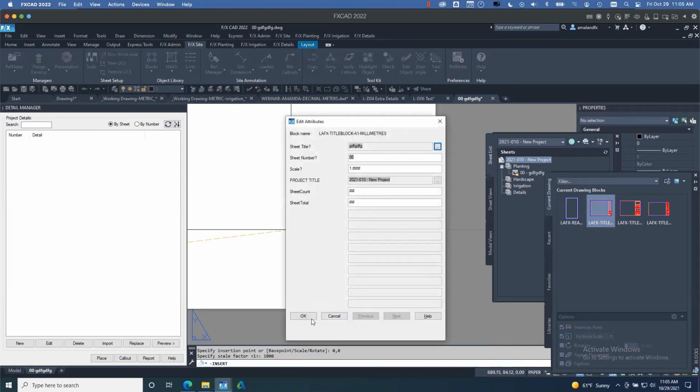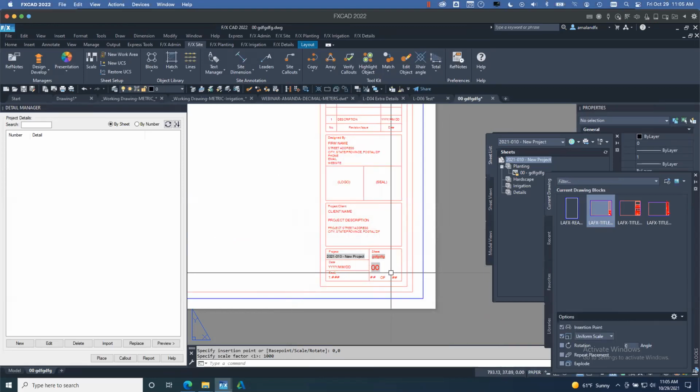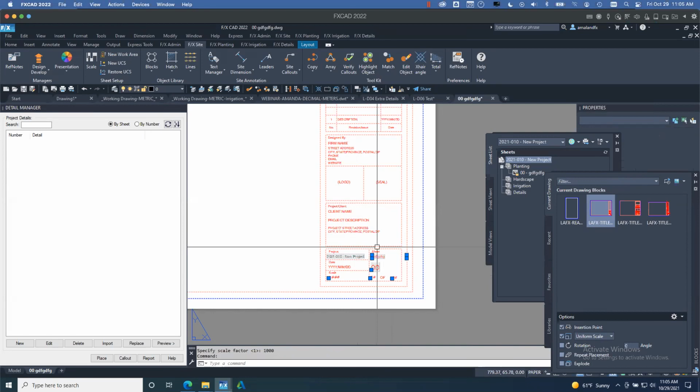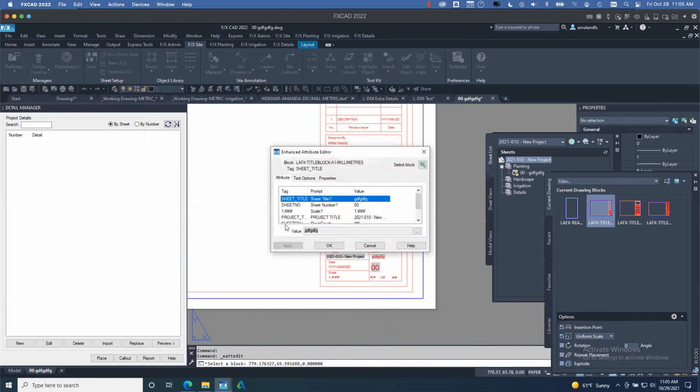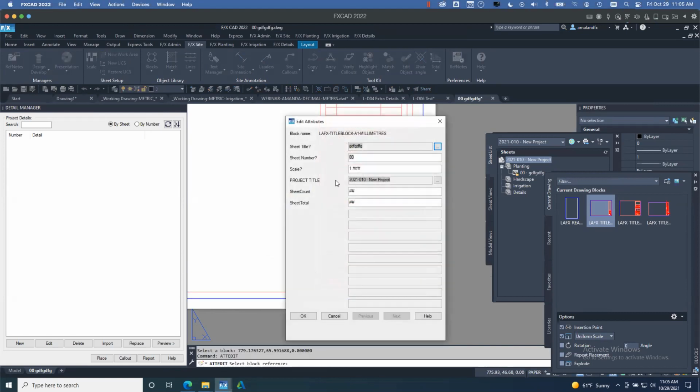All of these are connected. Here's one place that you can add that field. So I can delete this and add this field. But the other way to get back to this, if I accidentally say okay, and now it's really hard for me: if I double click it, I get back to this window where I don't want to make these changes. I can do edit. There we go. And click on that block and now get this window back where I can properly find these